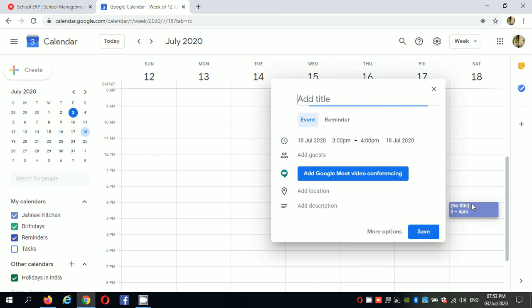For example, I want to schedule a meeting from 3 to 4. The title is computer class. Add Google Meet video conferencing, and also you can add some participants as guests. And click on save.